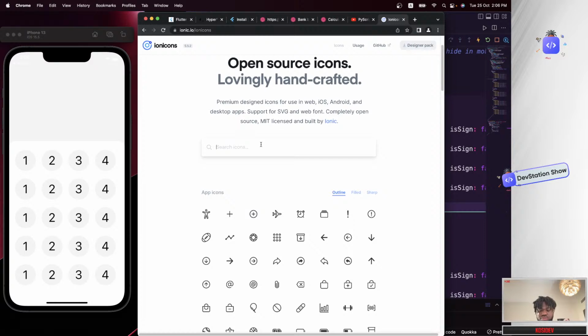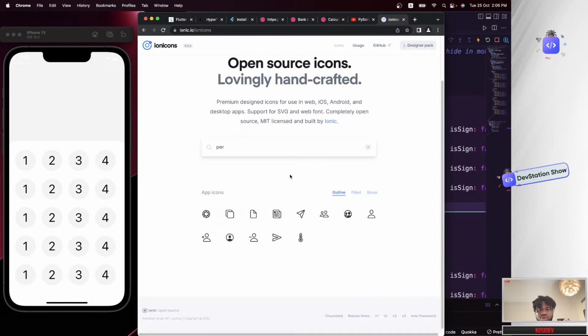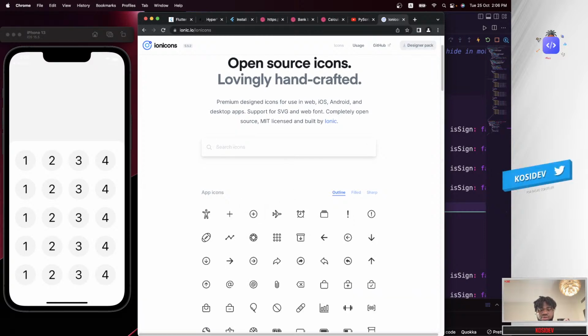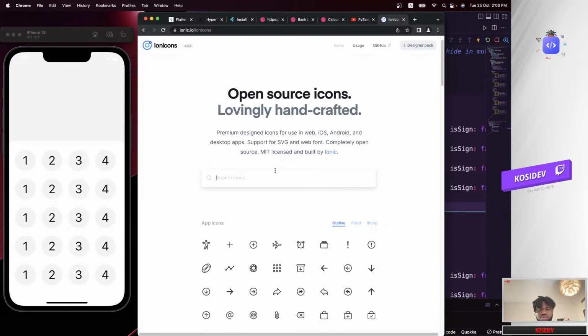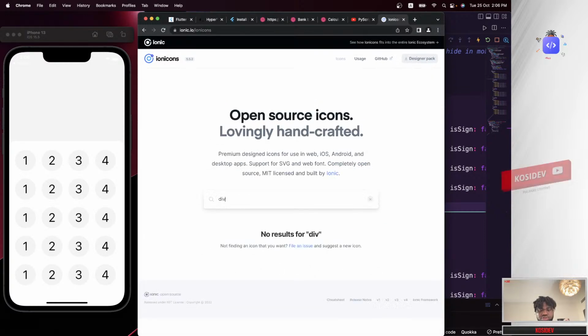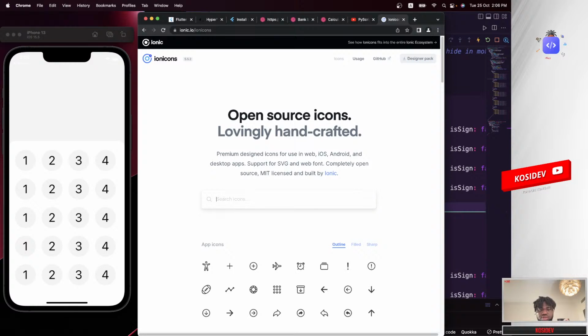Okay, we don't have percentage. That's not showing up. And what about divide? Okay. Plus is there, minus is there. Okay, but we don't have